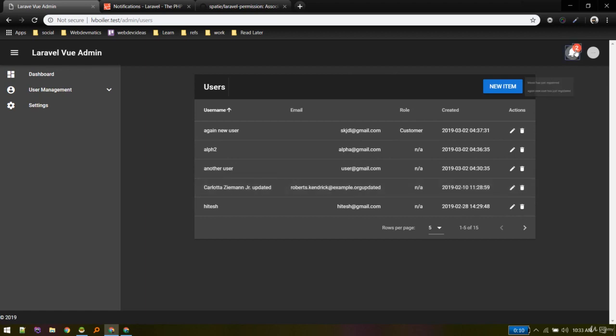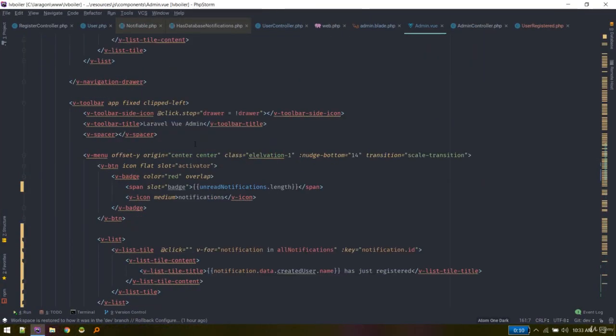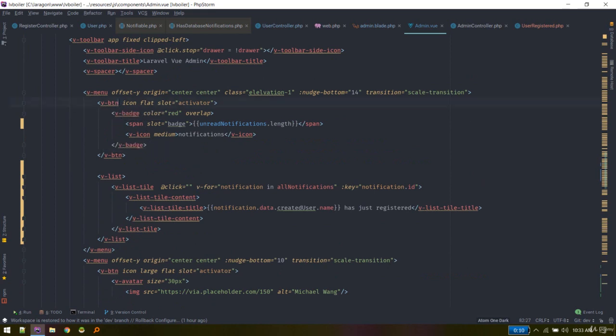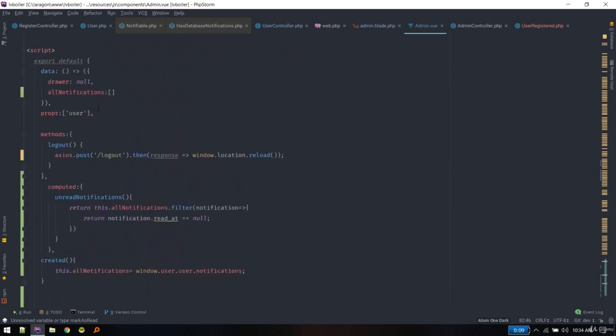We'll make this real time, and also we will make whenever someone clicks on this, we need to mark it as read, so that it will not show this notification. So let's first do that, mark it as read, and then we'll make it real time. So that is quite simple. Whenever someone clicks on that badge, we need to trigger a method. So here is button that contains that badge. So whenever someone click, we'll do,